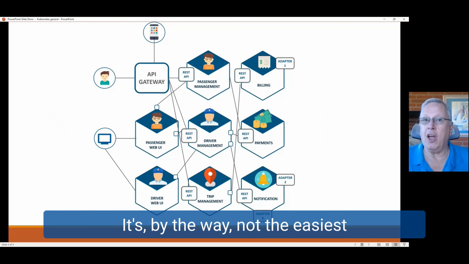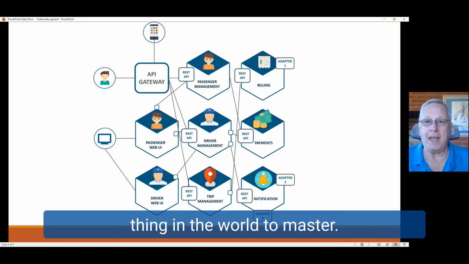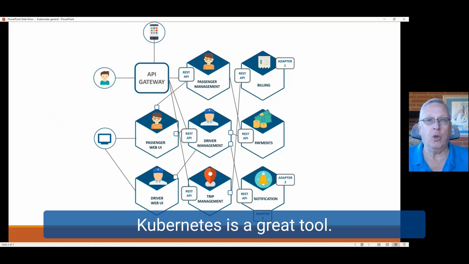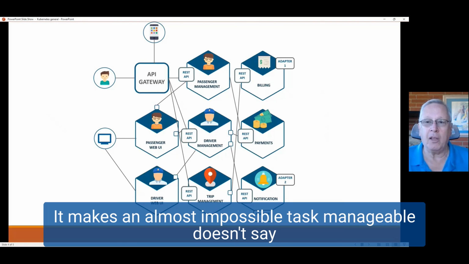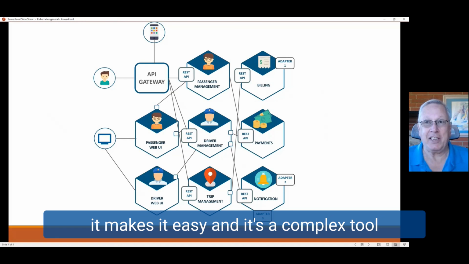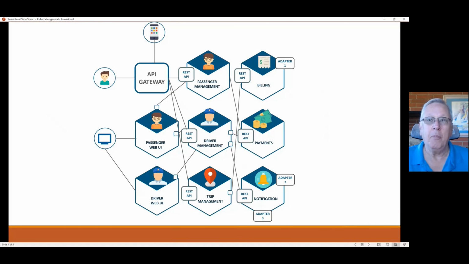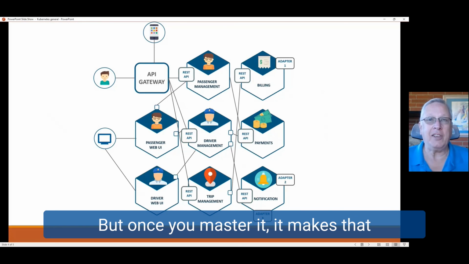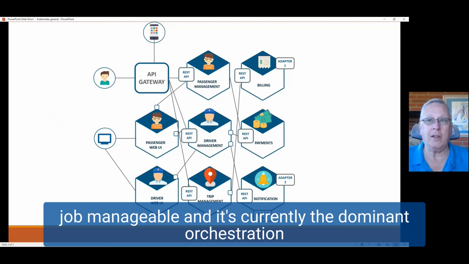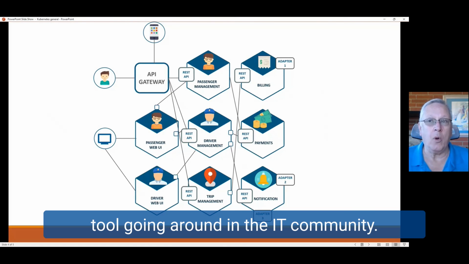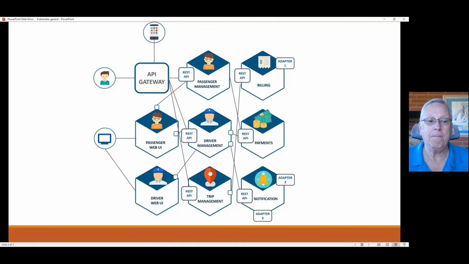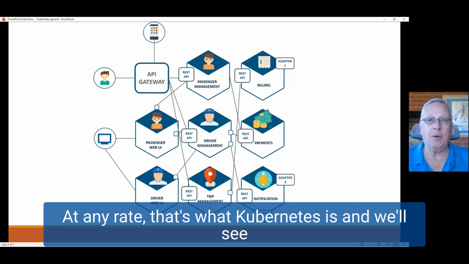It's, by the way, not the easiest thing in the world to master. Kubernetes is a great tool. It makes an almost impossible task manageable. Doesn't say it makes it easy, and it isn't. It's a complex tool because it does a very complex job. But once you master it, it makes that job manageable, and it's currently the dominant orchestration tool going around in the IT community. At any rate, that's what